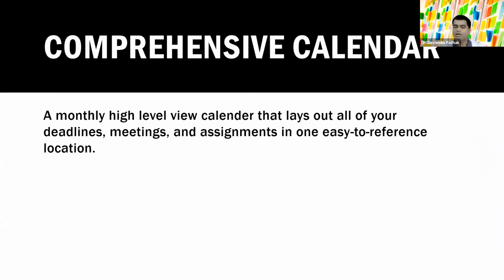Then after having the first calendar, that is the weekly worksheet, we must have a comprehensive calendar, which is a monthly high-level view calendar that lays out all your deadlines, meetings, assignments in one easy-to-reference location at one place, full monthly. So at least 4 weeks. And making all the months of the year, a complete yearly plan, because some things you know